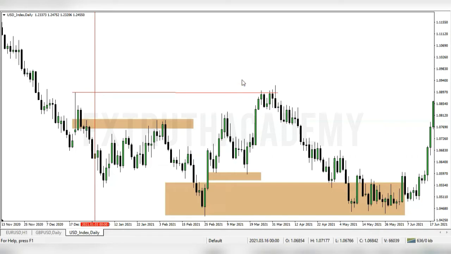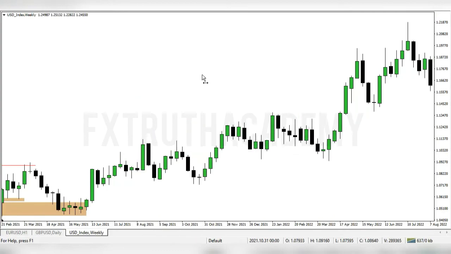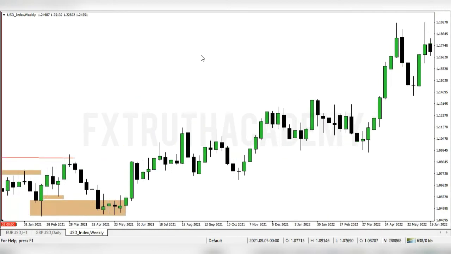Then let's look for a breaker block example that we can use right here. Okay, I think I've seen an example. You can see this will move like this right here. So someone looking at this whole expansion to the upside will say this is an imbalance candle right here, an expansion, an impulsive price move. But before price gave this expansion, you can see price created a W shape pattern right here. So this whole move has a divergence to the downside, and this validates this particular area as a breaker block